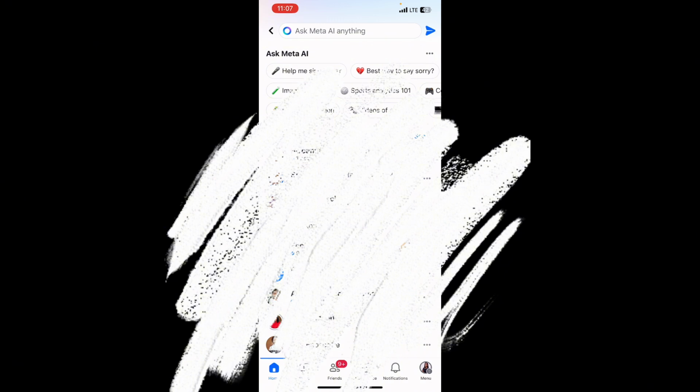So if you already have a little design background, you can tell the AI the kind of thing you want, the kind of colors you want, or you can just allow the AI to do its thing. So let's just open Meta AI immediately and get it done. We're going to click on the search bar at the top where you see Ask Meta AI Anything, and